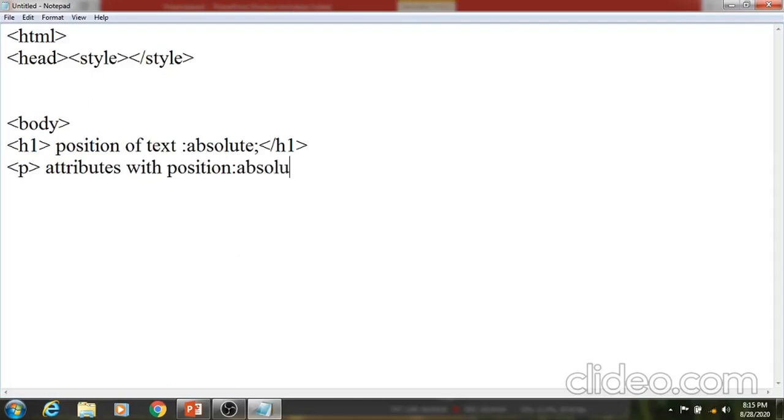We may write any text for this. Close the added tag.